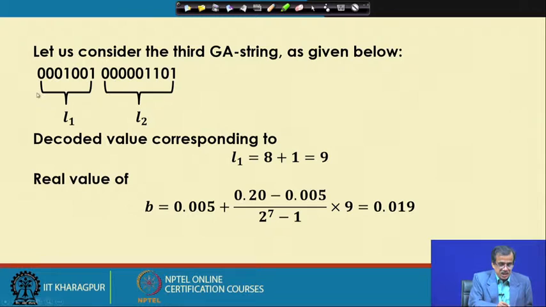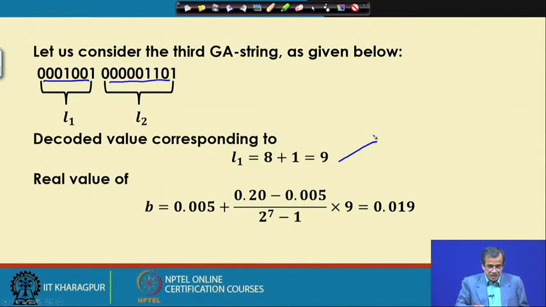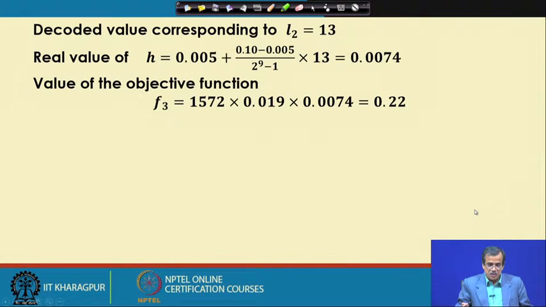Now, the third GS string is something like this. These 7 bits are going to represent L 1, and the remaining 9 bits are going to represent L 2. Following the same principle, I can find out the decoded value corresponding to L 1, the real value corresponding to B, and I can also determine the decoded value corresponding to L 2, and that is becoming equal to 13, and I can also find out the real value corresponding to H, that is nothing but